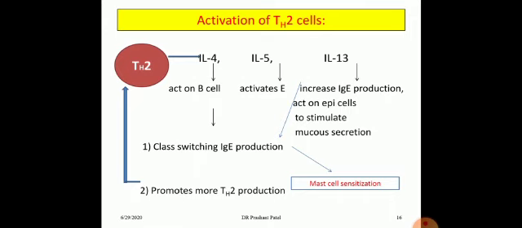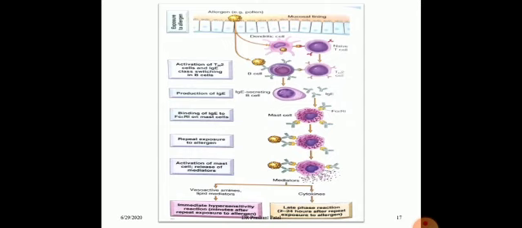Here mast cells are sensitized. This is again a diagram which shows how type 1 hypersensitivity reaction develops. First, on prior exposure, it secretes the IgE antibody. On subsequent re-exposure to the same antigen, this IgE antibody binds with allergen and activates the mast cell, and mast cell granulation occurs and induces a type 1 hypersensitivity reaction.